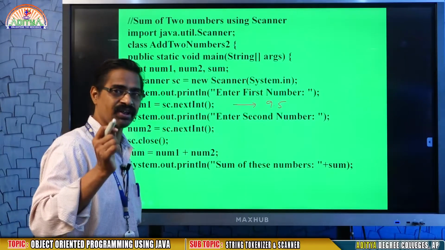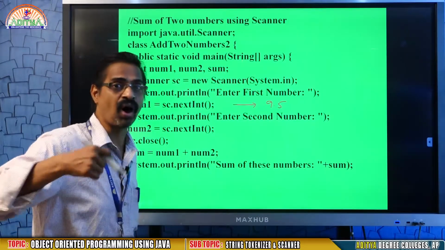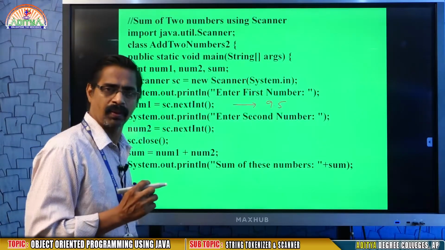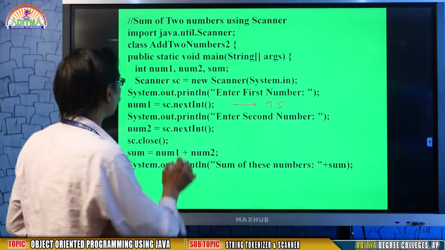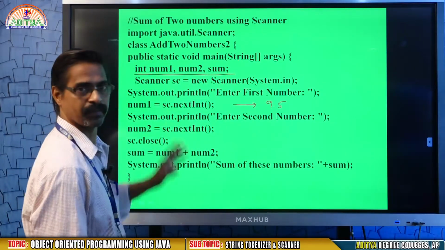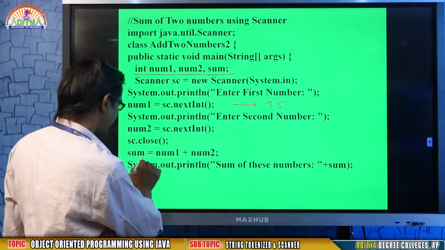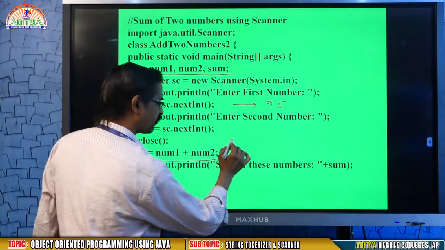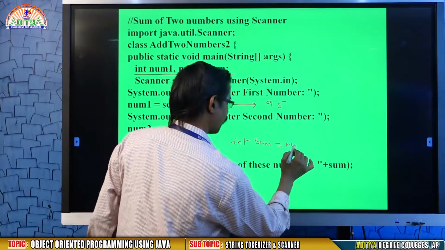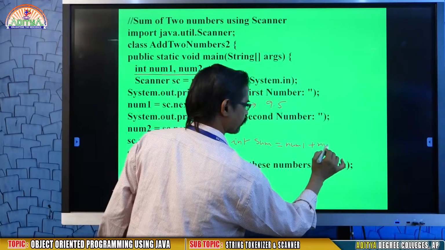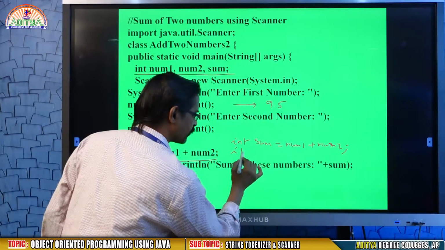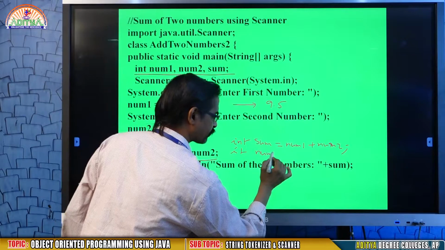And another important thing in Java is free form declaration. What is the meaning of free form? In C language, all variables must be declared in the beginning, that is after main. But in Java, when you are writing the following statement, you define like this: int sum equal to num1 plus num2, or in the next line int num2 equal to 5.